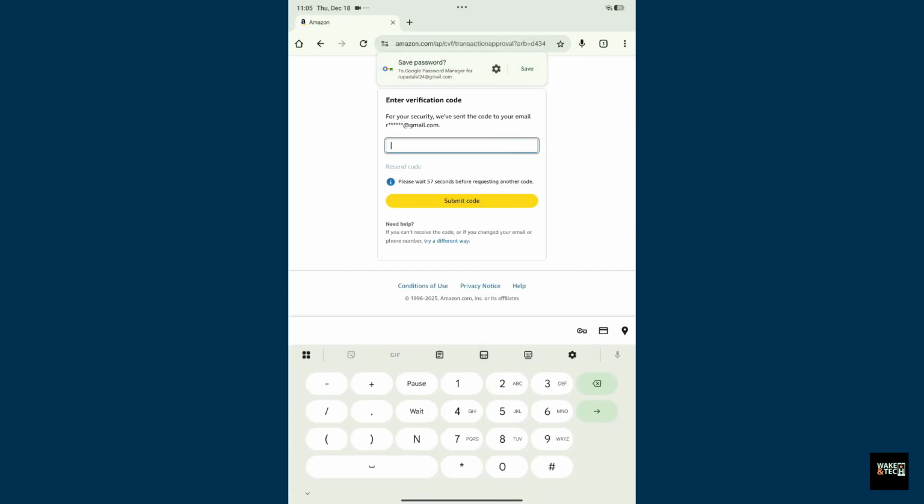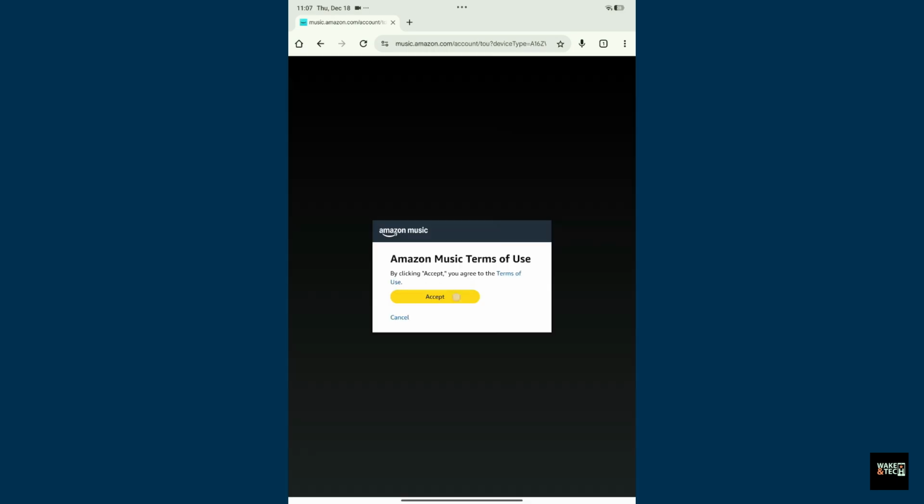Now, you need to go ahead and enter the security verification code sent to you via email. Go ahead and open up your email inbox associated with your Amazon account and then enter the code that you received via email. Click on Submit Code once you are done. Right after you do that, accept the terms and conditions of Amazon Music and you'll then be able to log into your account. Once you're logged in, you can now stream and download music, access playlists, albums and podcasts,